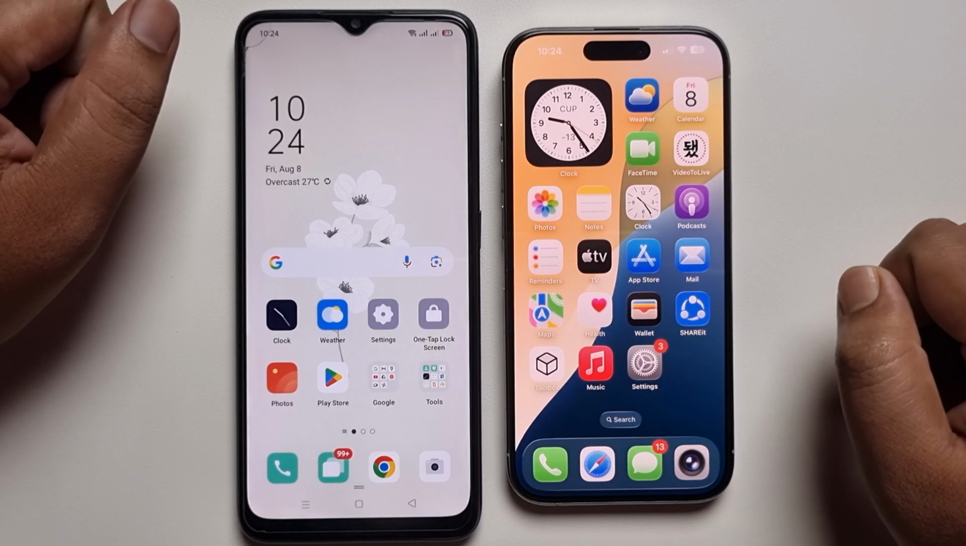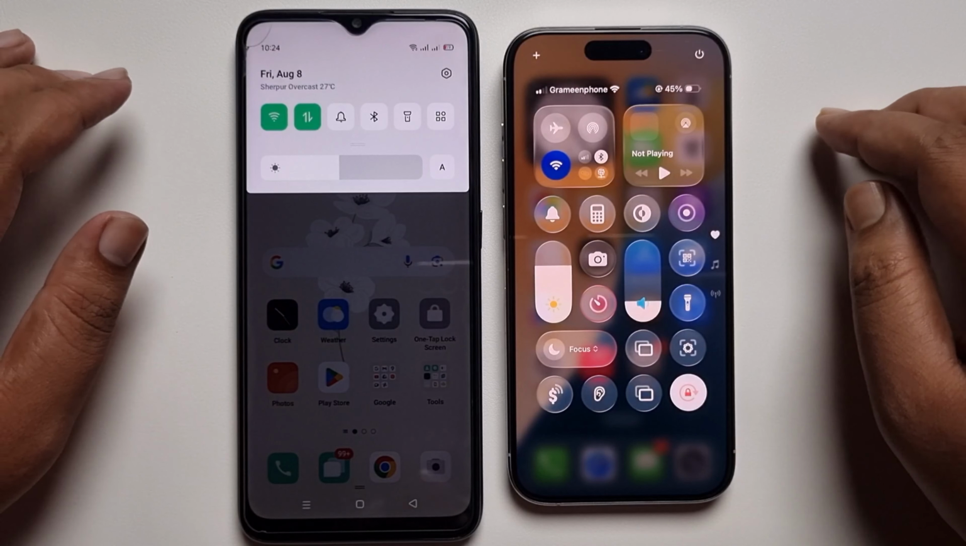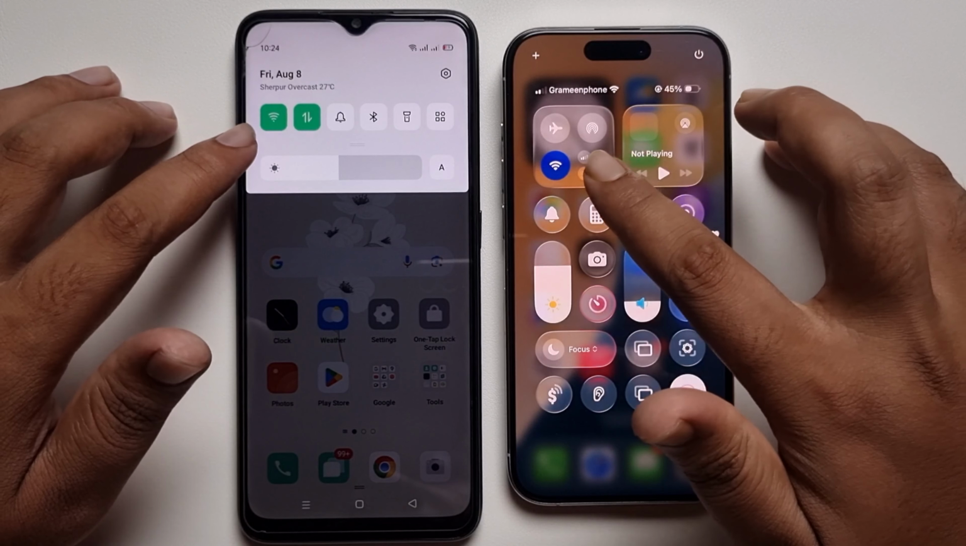Hello everyone, today I'm going to show you how to transfer images from Android to iPhone. So simply, at first connect your Wi-Fi, the same wireless network,